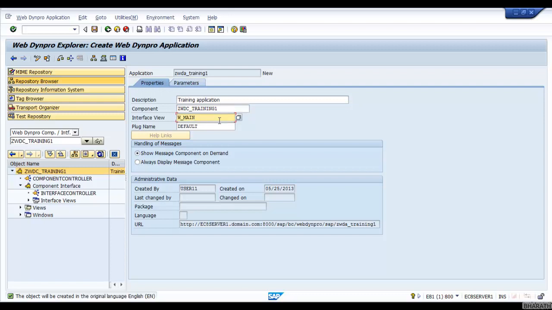Interface view is nothing but a window. Another point I would like to add here is, since these are recorded sessions, I have conducted so many interviews for candidates in WebDynpro ABAP, so I know what questions will be asked in interviews, or what the general questions in WebDynpro ABAP are.